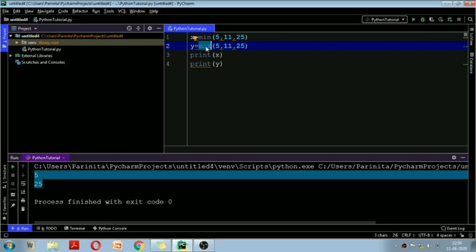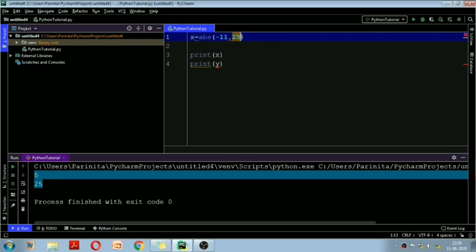Another built-in function available in Python is abs. So what is abs? abs is basically the function that will return the absolute value of any specified number. Now what do we mean by absolute value? It means the positive value. If you pass minus 11, you will get 11. Whatever negative value you pass, you will get its positive value. Simple as that.